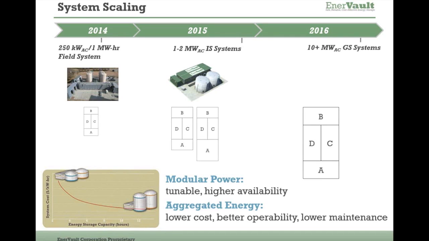What we're doing at EnerVault is we're aggregating our energy within one system, one hydraulic unit. This helps us lower costs, improves operability, and lowers maintenance. And then we're very modular on power around the 1 megawatt level. This allows us to have redundancy, tuning the power to the application, and being able to offer higher availability to the end